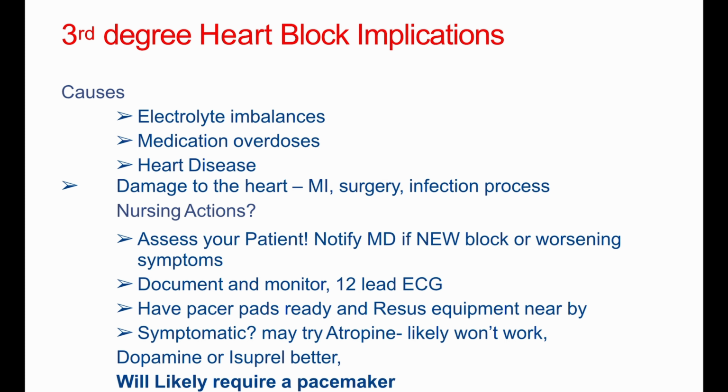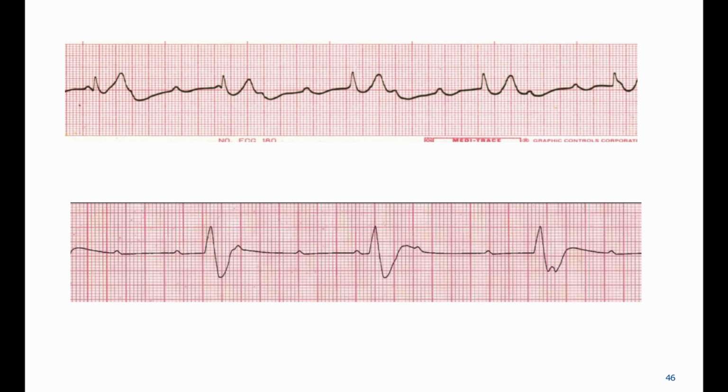Implications for third degree block: electrolyte imbalance, medication overdose, heart disease, damage to the heart, MI, surgery, and infectious process. What we do: assess the patient, notify the MD if there is a new block or worsening symptoms, document and monitor, get a 12-lead ECG, have pacer pads ready, and reassess with equipment nearby. If symptomatic, may try atropine, though dopamine support is likely better, and the patient will likely require pacing. Throughout, you can see